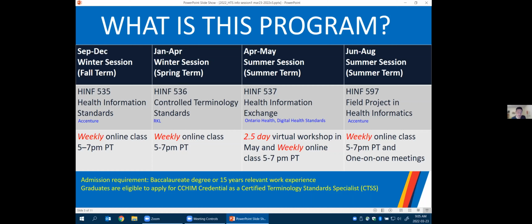Many of the classes in the 2.5-day workshop are jointly delivered with our partners, Jevity, which is now Accenture, and RKL Informatics and Ontario Health Digital Health Standards team, which are all industry leaders in health information standards in Canada. Now, the first course is Health Information Standards,